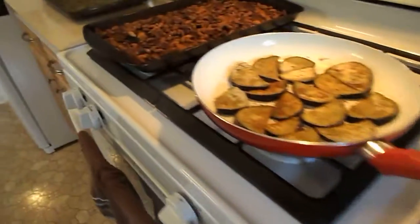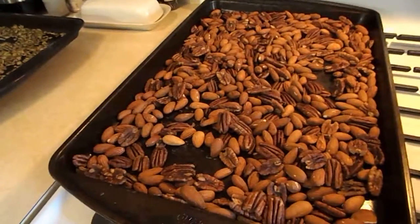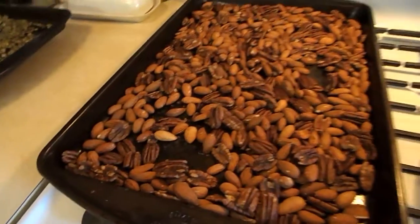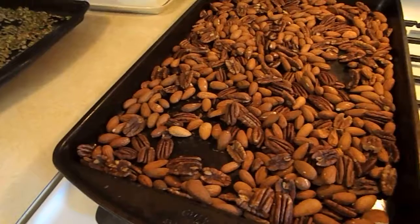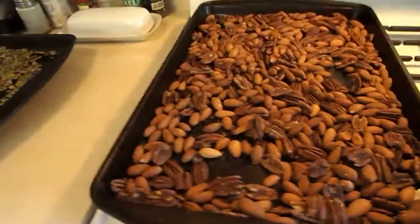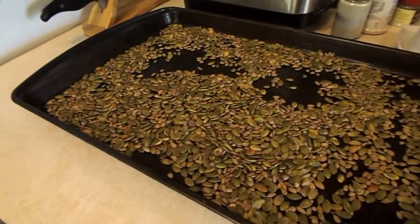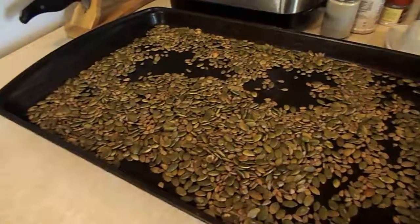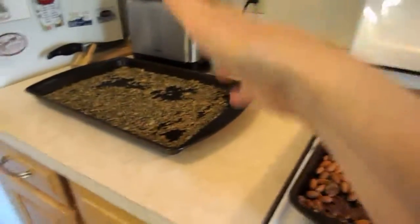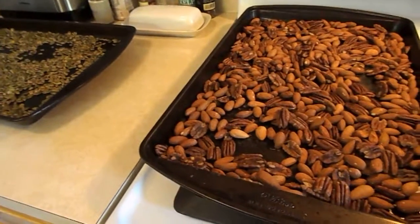And then also today what I've been working on is germinating and drying some nuts and seeds for a trail mix that I make. I can't seem to get away from the original recipe because it's so darn good. So what I do is I soak raw almonds, raw pecans, raw unsalted pumpkin seeds, and raw unsalted sunflower seeds. I soak them individually in their own bowl overnight in some salt water, rinse them, put them out